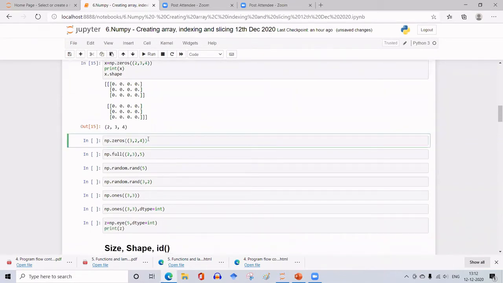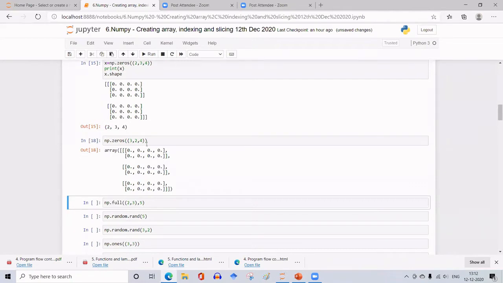So this is another example where we have a 3-dimensional array. What is the dimension? Let me check.